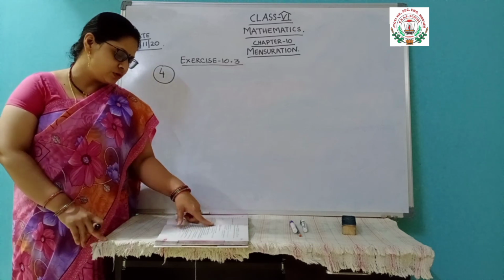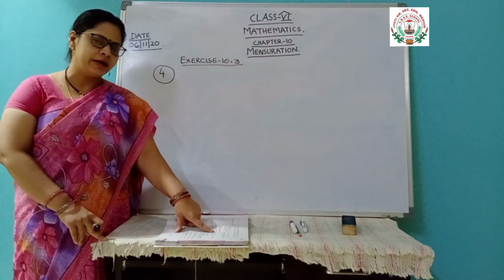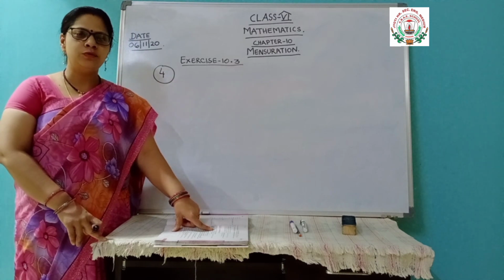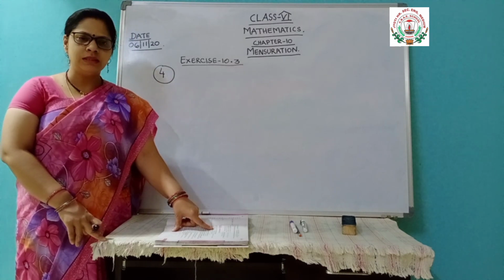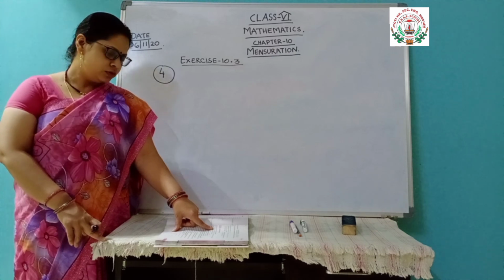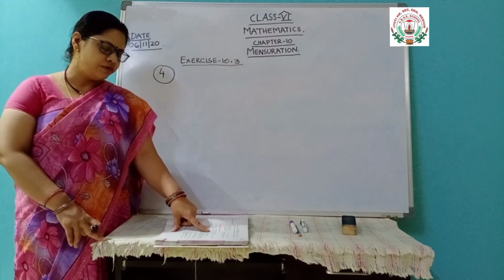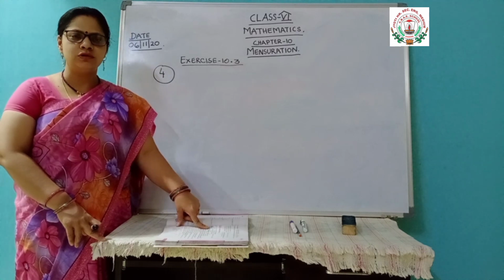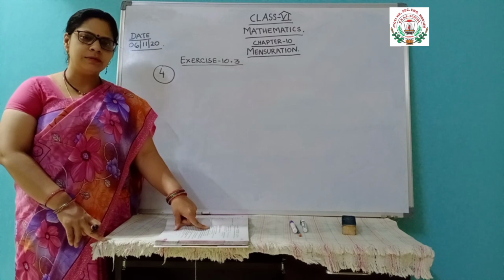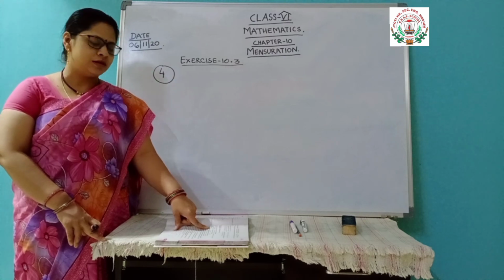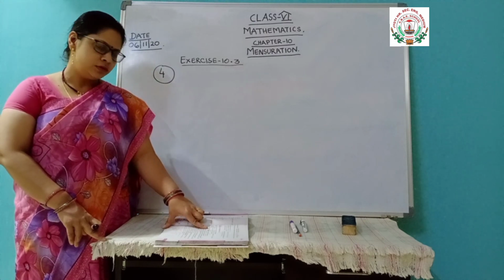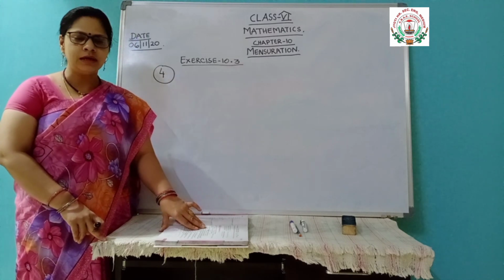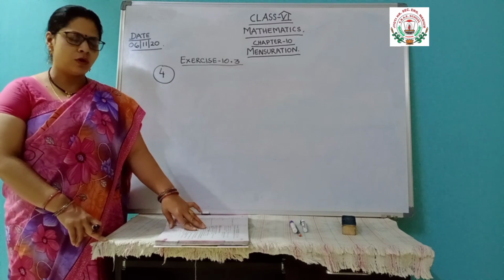In the first question, it is asked to find the area of a rectangle where length and breadth are given. So the area of a rectangle is L into B, meaning the two numbers which are given, you only have to multiply. Then in the next question, the area of a square is side into side. Side is given, so you have to multiply it 2 times. Like 10 centimeter is given, so 10 centimeter into 10 centimeter. That much only you have to do. So I am not going to solve that again on the board. I have already explained that and asked you to solve it on your own.